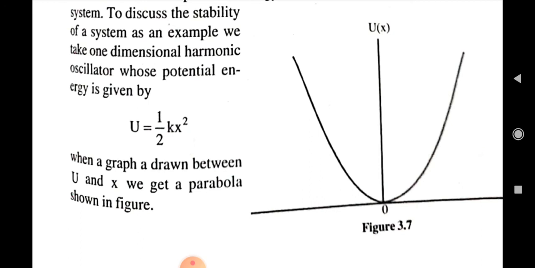On the left hand side, we have du by dx negative. That means force is positive. So the positive force will again bring that particle towards the equilibrium position. So that particular position where a force tries to bring the particle back towards the equilibrium position is said to be a stable equilibrium point.